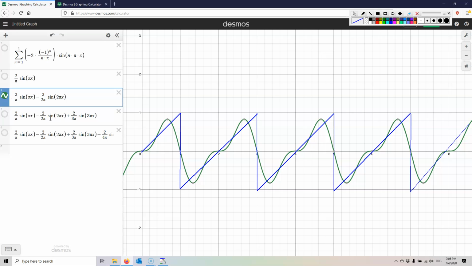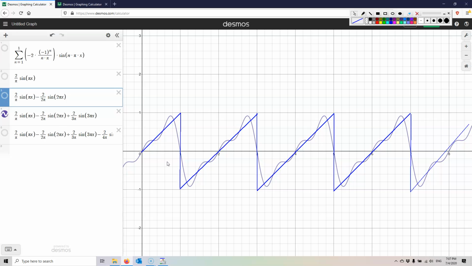So this is two functions. I'm going to add a third term. This is this one here. 2 over 3 pi times sine 3 pi x. So you notice a kind of a pattern here, right? It's 2 over 1 pi times sine 1 pi x. 2 over 2 pi sine 2 pi x, the minus sign. Now it's a plus 2 over 3 pi sine 3 pi x. Yeah, I take this one away. It's this one. It's getting better, right? It's still a little weirdly wobbly and misses the endpoint, but it's getting there.